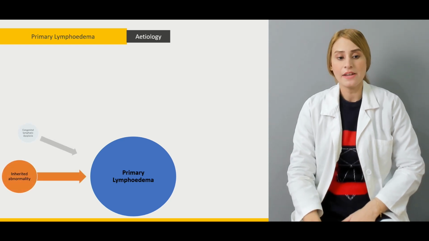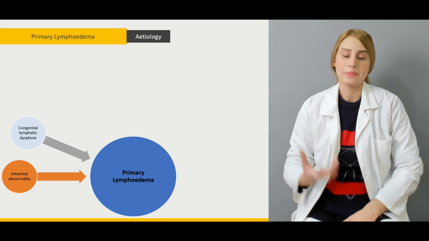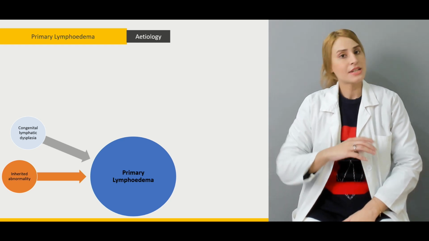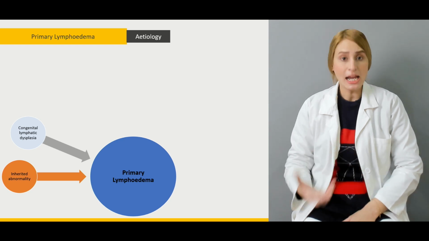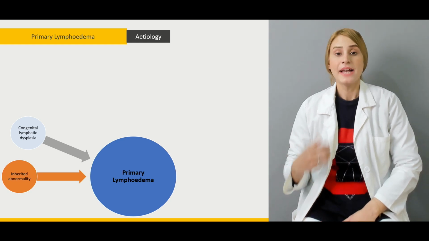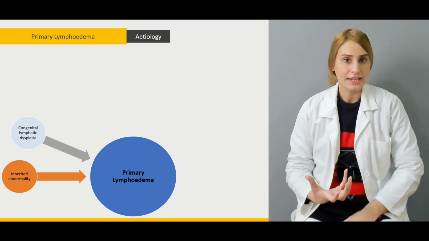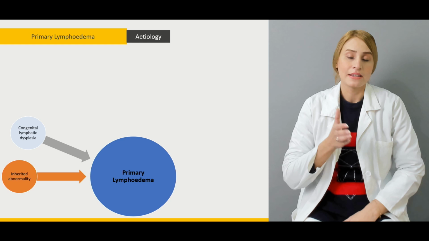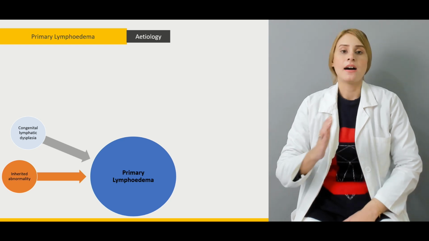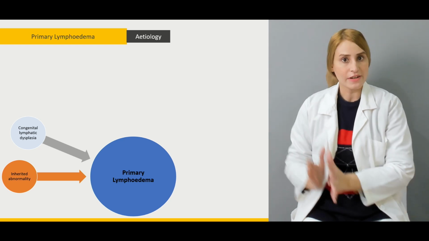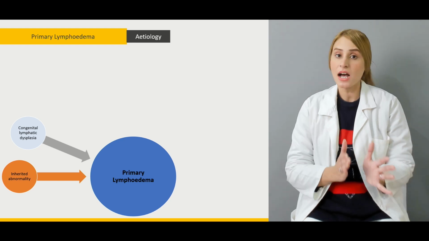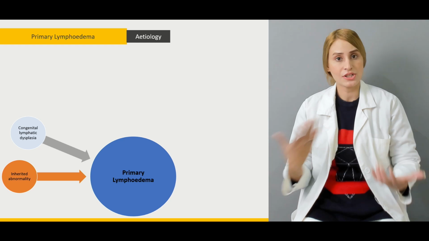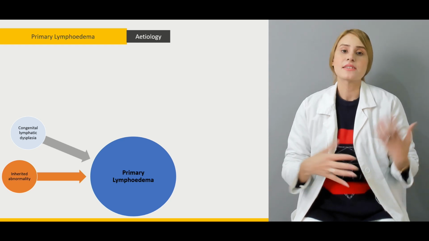So the other thing is a congenital lymphatic dysplasia. So there's actually congenital dysplasia, or the hypoplasia of the lymphatic system. So obviously, when there's a dysplasia or hypoplasia of the lymphatic system, these things lead to the decreased function of the lymphatic system, and because there is decreased efficiency in functioning of the lymphatic system,